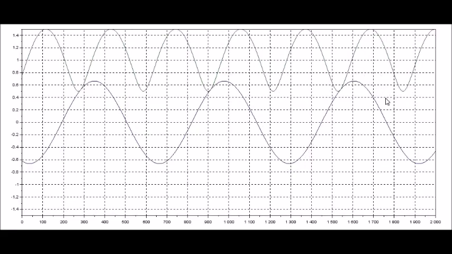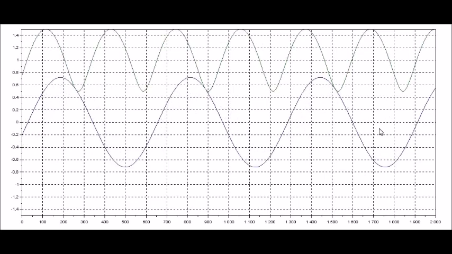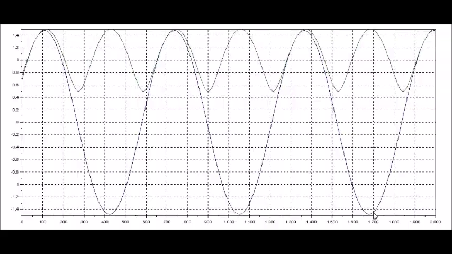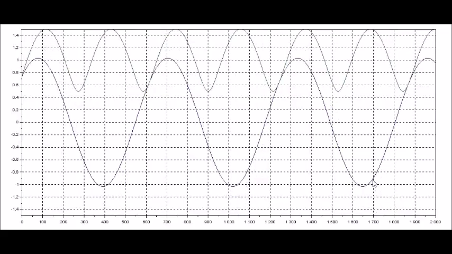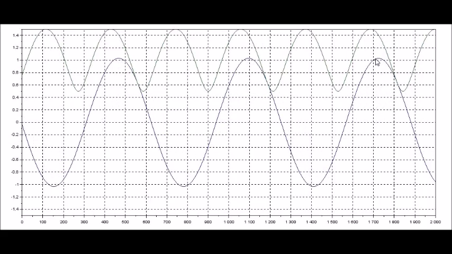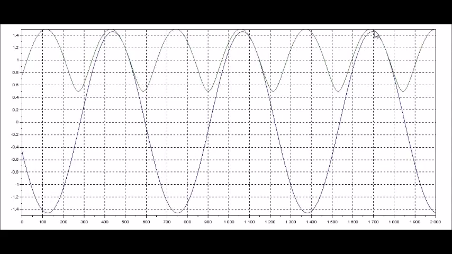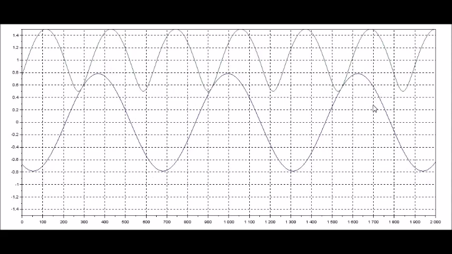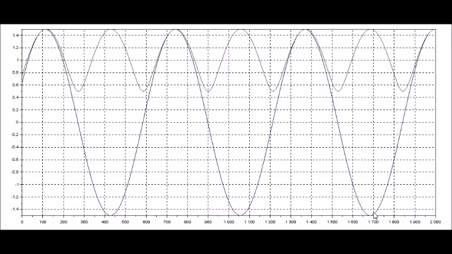Let us trace the amplitude of the blue voltage waveform along this line. Now it has reached its negative peak and it is increasing. Somewhere here it has crossed 0, and then it has reached its positive peak, and then again it drops, and the cycle continues. But you can see that it goes through almost the entire range of values, which you can see on the left vertical axis over here. You can see it goes through the entire range of values.